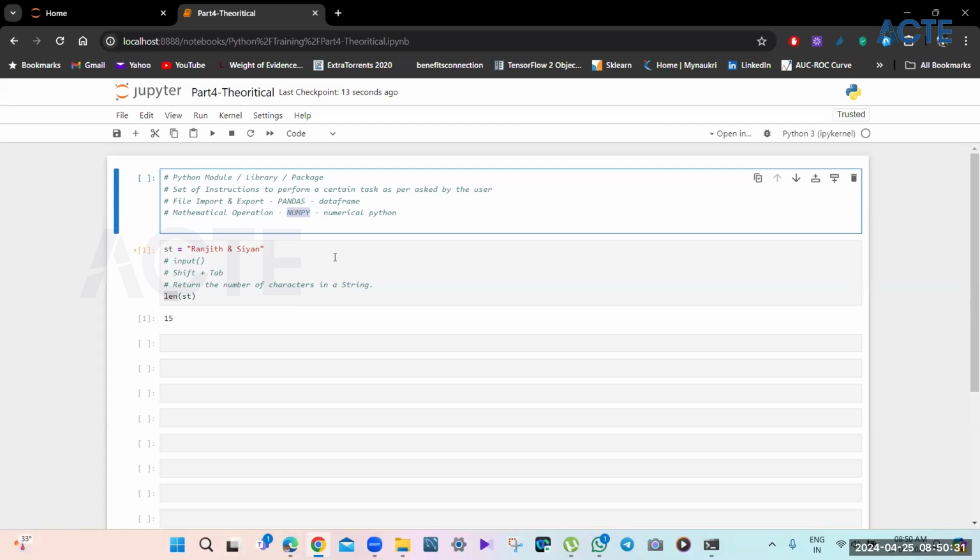In mathematics, we have percentile, quantile, mean, standard deviation, mode, and all of that, just to name a few. And also we have various types of quadratic equations.